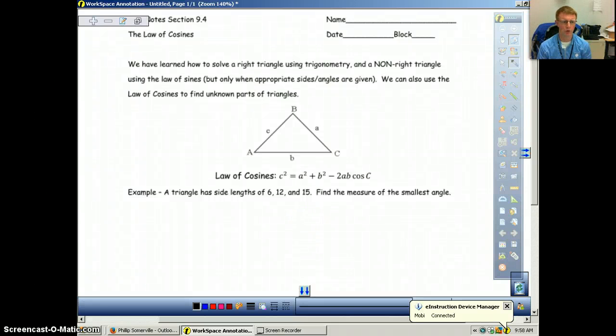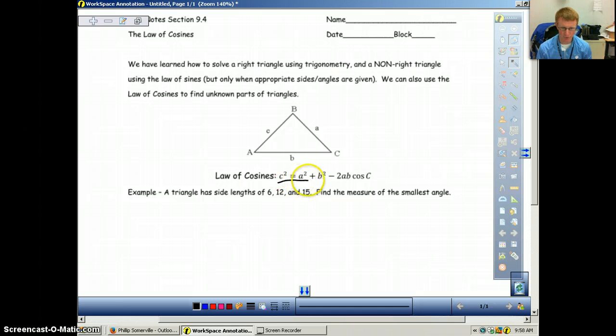This is section 9.4. We're going to talk about the law of cosines in this section. The last section we did the law of sines, which is actually quite a bit easier than the law of cosines. The law of cosines is just another formula. It is a formula that we have to know and that we have to remember, and that's what makes it difficult. But the really challenging part is understanding that when we're using the law of cosines to solve for things,